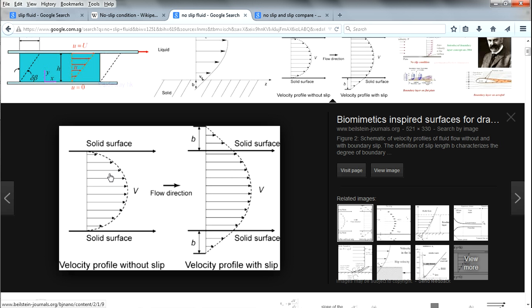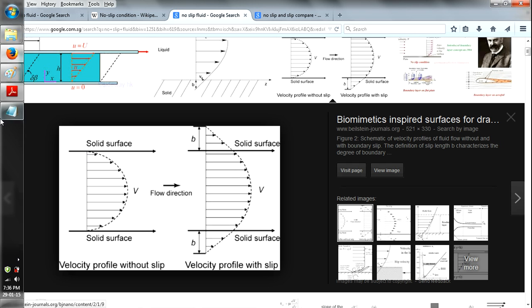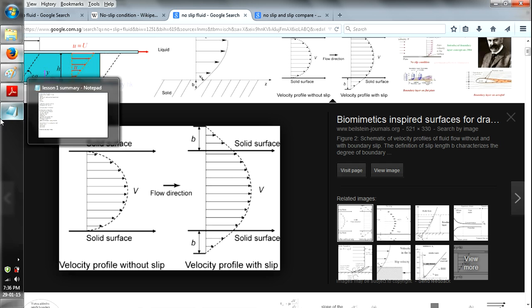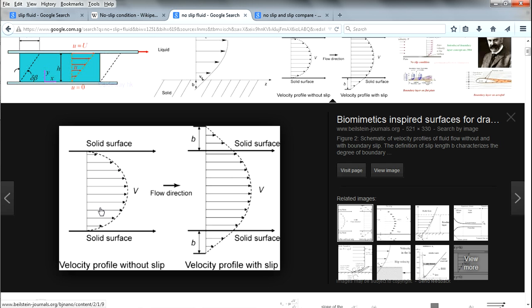Okay, I found a picture. So no slip means that at this point the velocity should be 0 compared to here. And if it's slip, it is somewhere here, which is outside of the internal pipe, which somewhat says that there is a certain fluid pressure that kind of pushes the solid surface. So in a certain sense, you can say that no slip is in here. My notes say to assume no slip between fluid and plate surfaces.